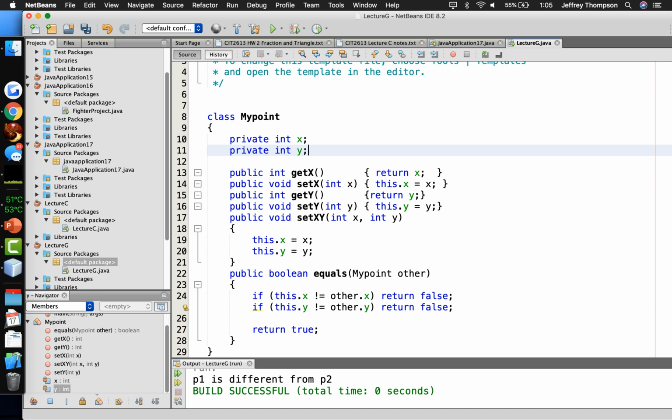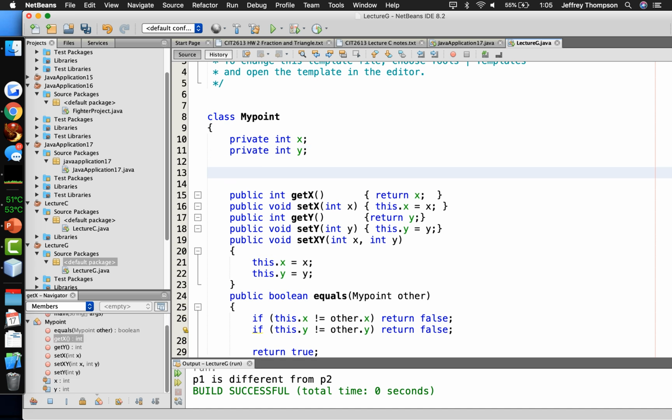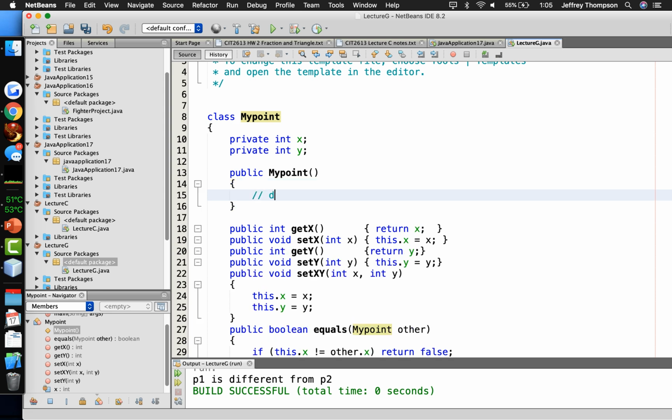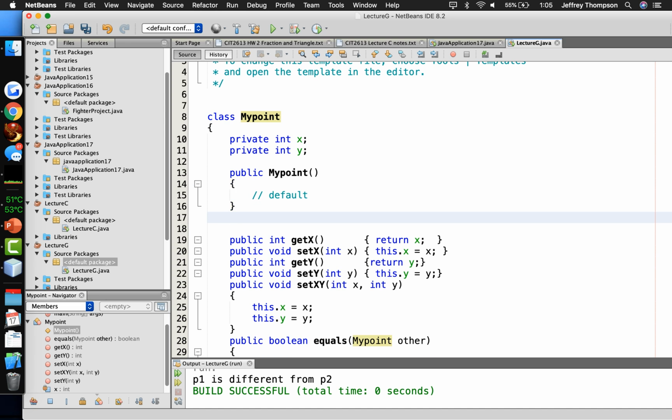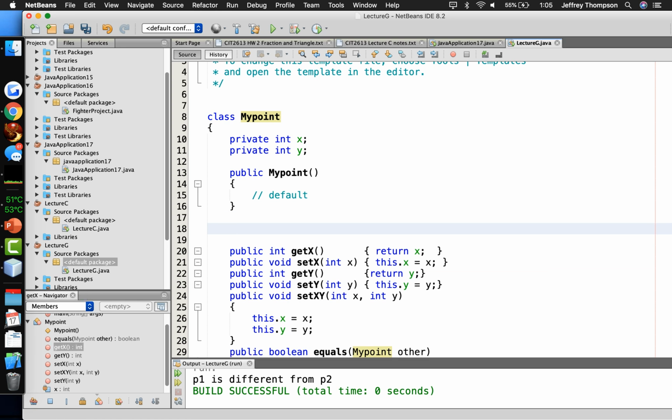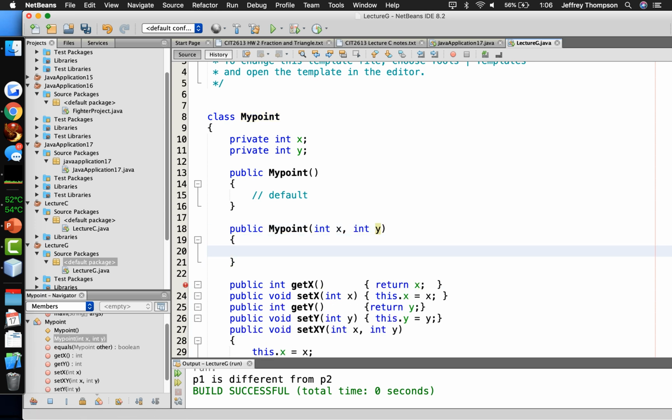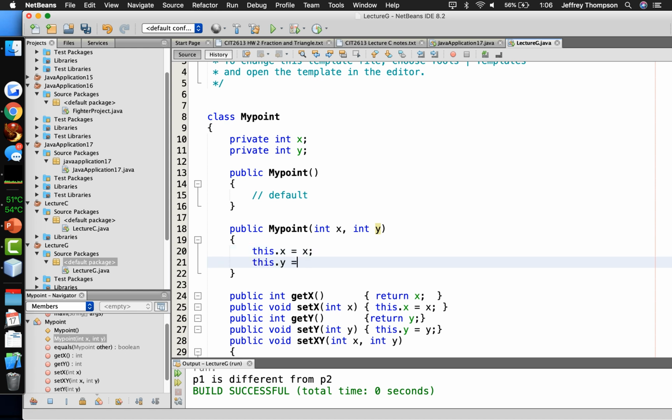Let's add some constructors. Let's flesh this out to be a pretty good class. We need a default constructor so that our code doesn't break when we add the custom constructor. I mean, we can always prove that that's the case. Public myPoint(), and it doesn't need to do anything. It's just a default constructor. Or we could set x and y to default values, like 0 or -1 or something. Honestly, they default to 0 already, so that's good enough. Now let's create a constructor that accepts an x and a y value. Public myPoint(int x, int y) { this.x = x; this.y = y; }